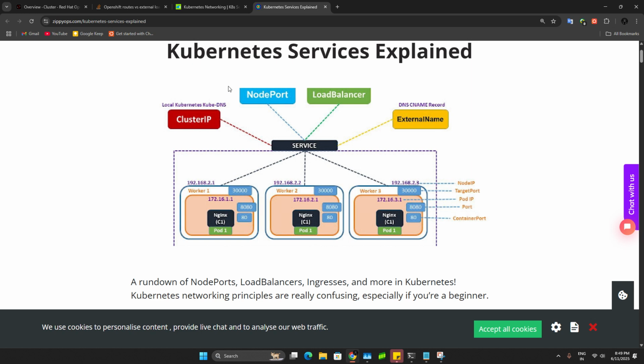Now we will involve the node port. Right now we don't have the service. We consider that we don't have the services. We have these 3 Nginx pods and each will handle 10 user traffic. So this 10 user traffic will come, that means 3 times 10, 30 user traffic will come to the load balancer and directly come to the pods. So it can't handle that much traffic, right?